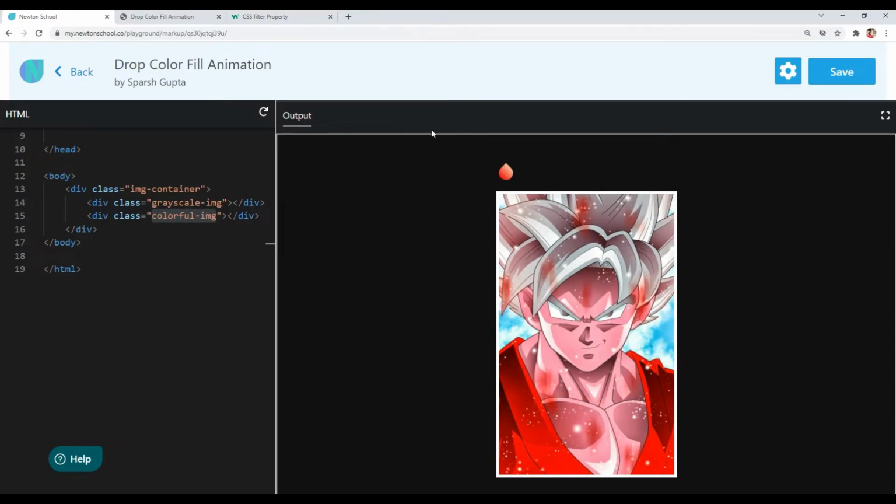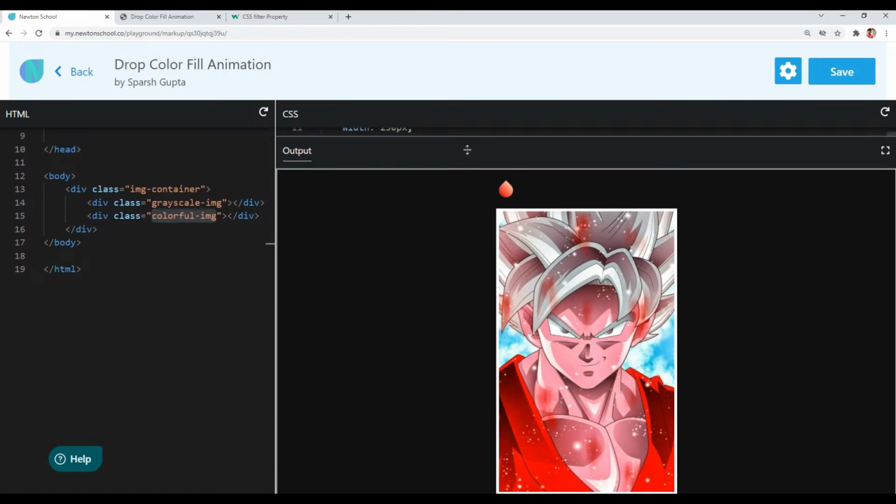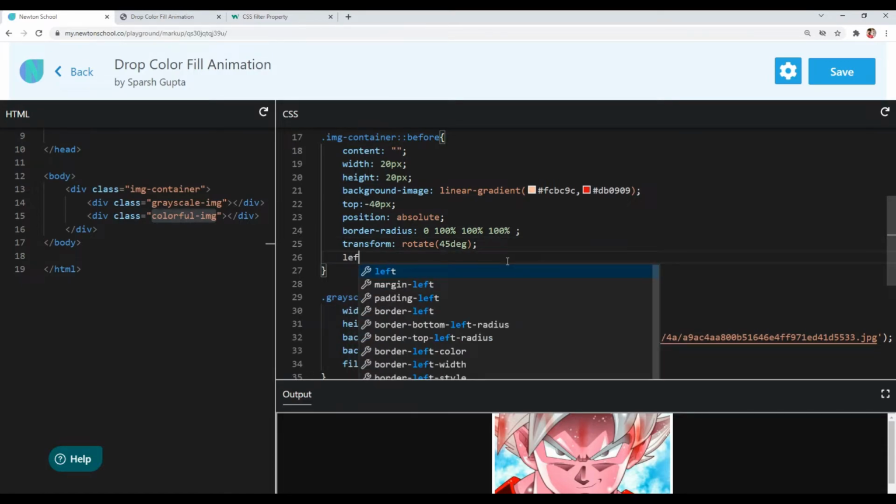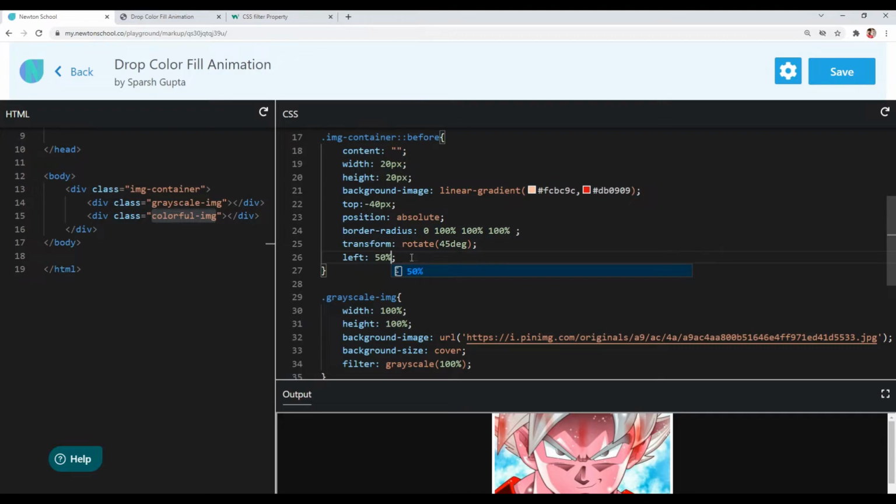Now let's just position it. For the horizontal positioning, we want it to be in the center. So for aligning it horizontally center, I will give left 50%, and we also have to give translate x minus 50%.